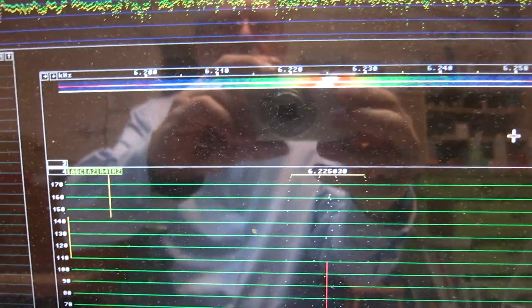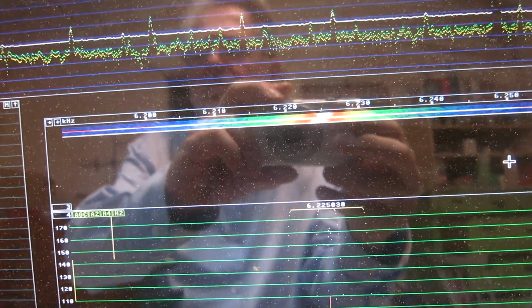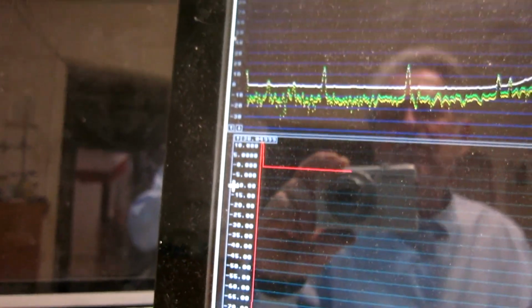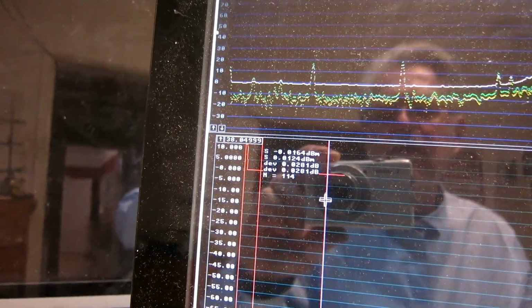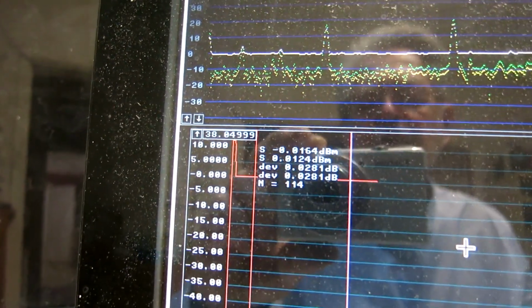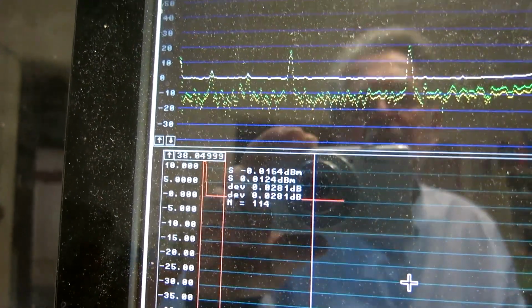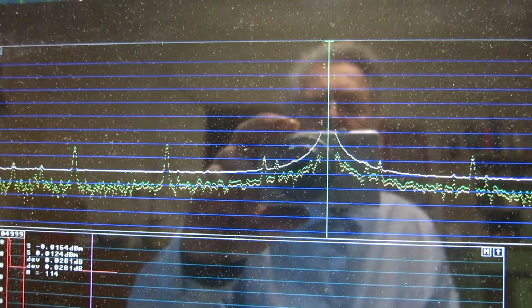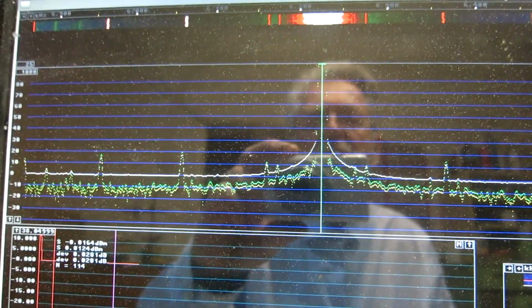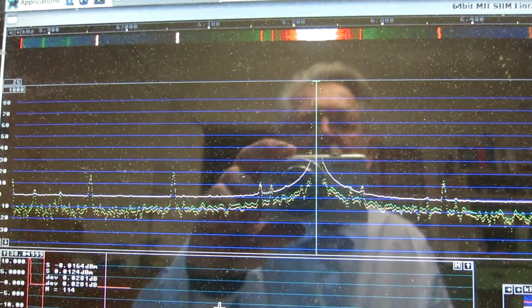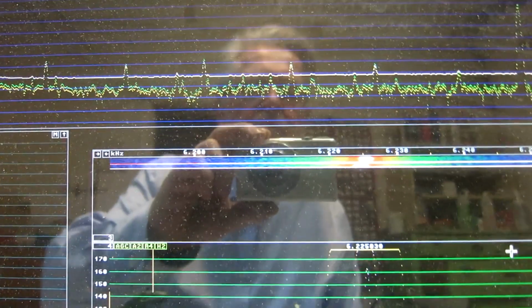I have set the bandwidth of 10 Hz and verified calibration. Of course, I had to recalibrate with a different signal level, but now it shows 0 when I'm on the center of the signal. And I go 100 Hz away from here,